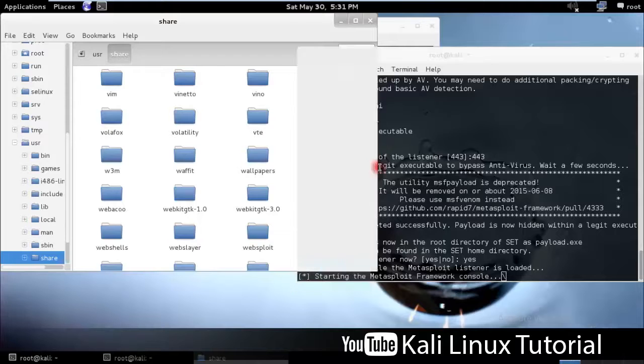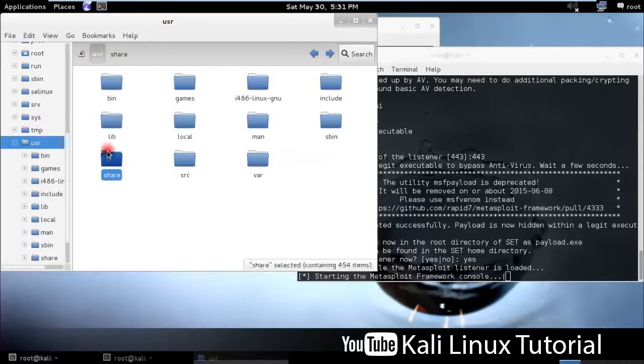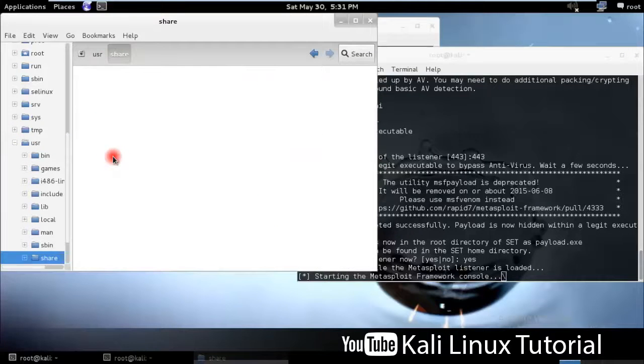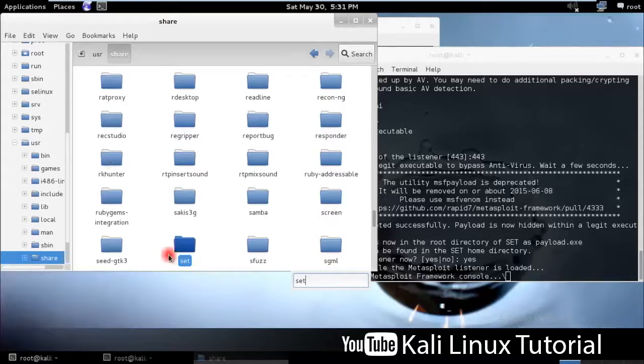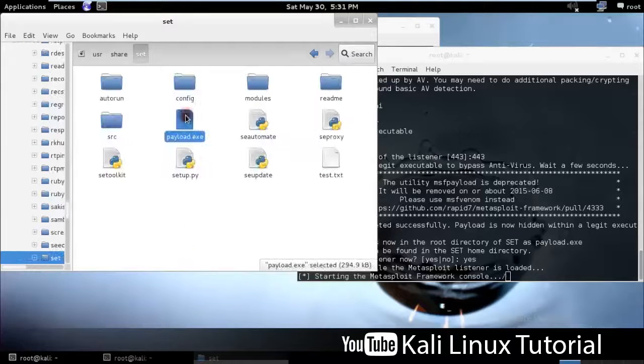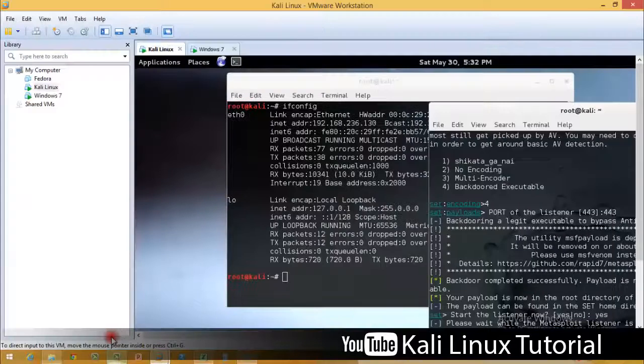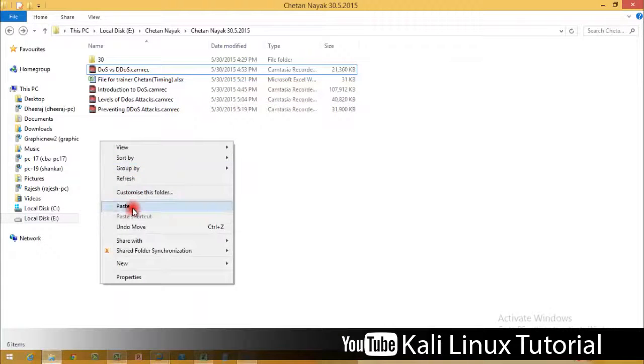Okay, it's taking quite a while. Okay, we have the SET, and here we have our payload file. So I'll just copy it and paste it over here.